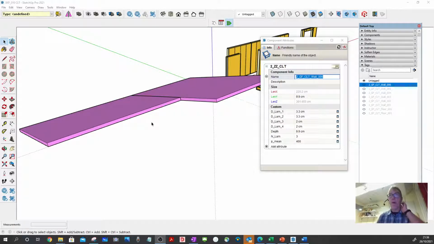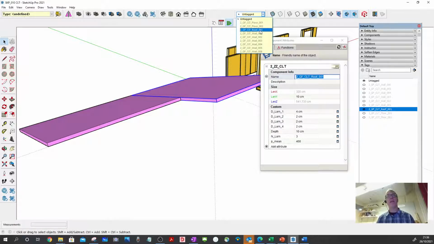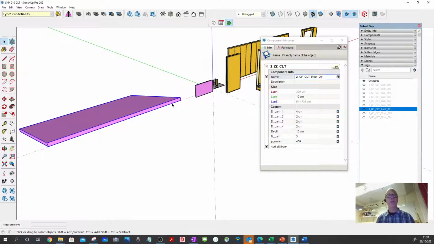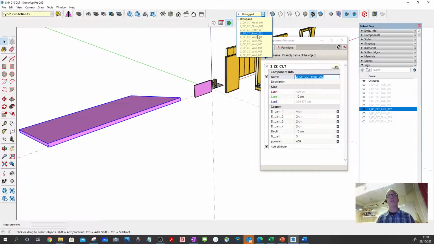Okay, I've now done all of my walls. I'll now select the roof panels, roof panel 1, copy, hit new tag, ask my panel to be on that tag, and I'll hide it temporarily, and then same thing, copy, paste name,